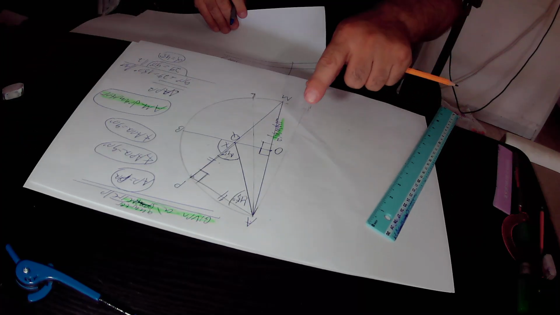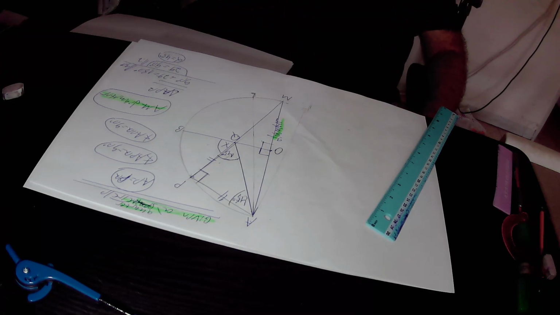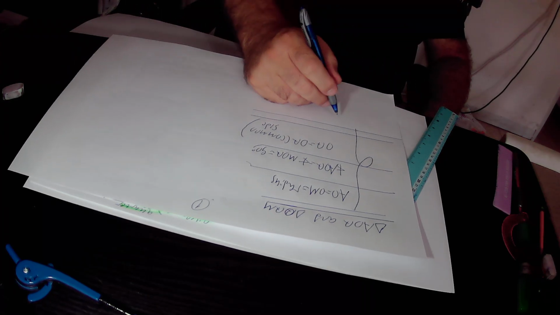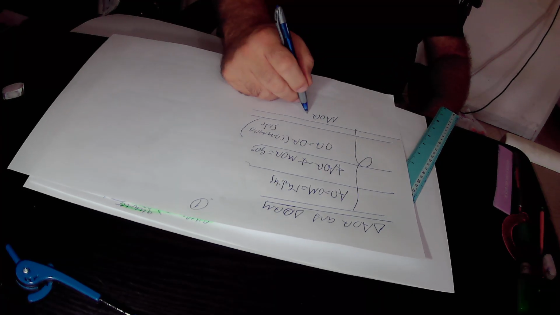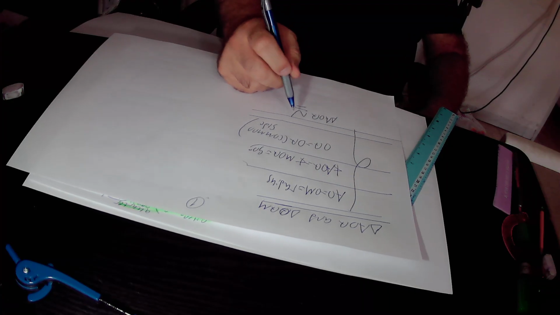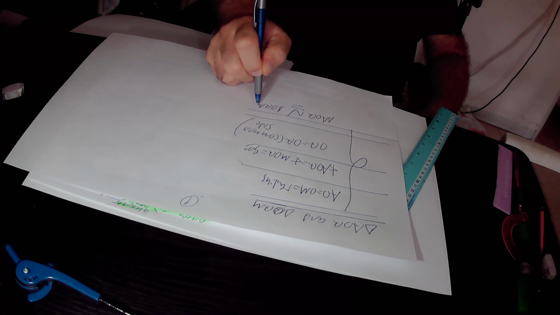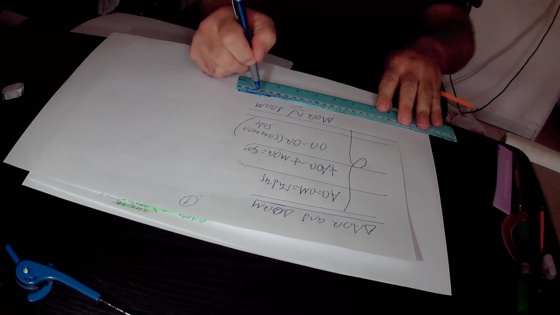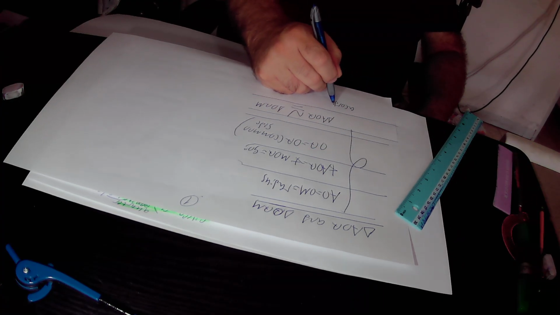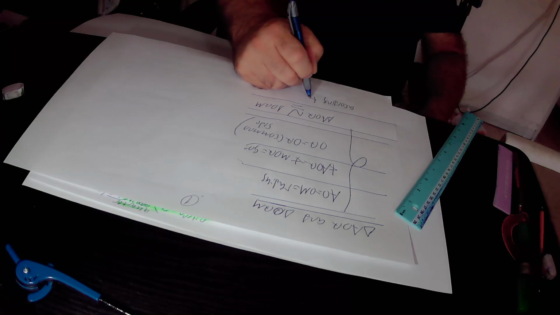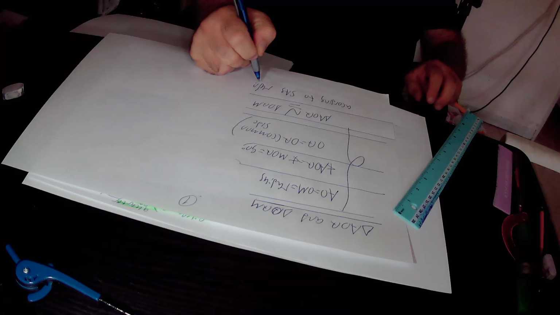So if you prove that those two right triangles can go into each other according to the side angle side rule, you actually prove that the right upper triangle AOQ is congruent to the right lower triangle, triangle OQM, according to the side angle side rule. That is to say, that we prove that